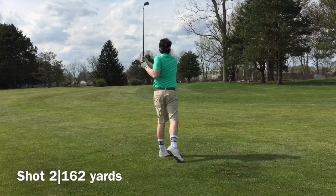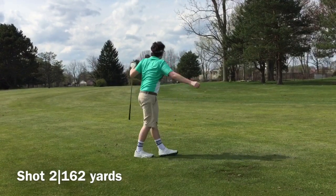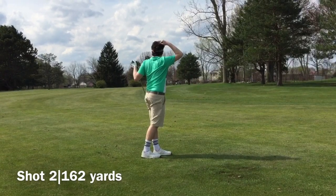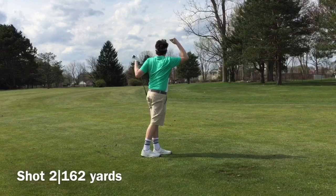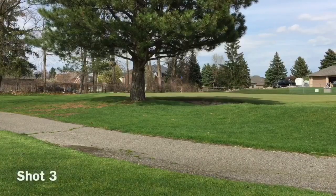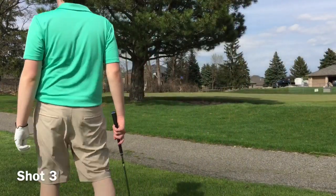But this was a very difficult shot. If you've ever played Rammler before, number 6 is a big swooping dog leg to the right around somebody's huge backyard, and there's a tree about 240 yards out into the right, and you need to get past it if you want a clear shot to the green. And